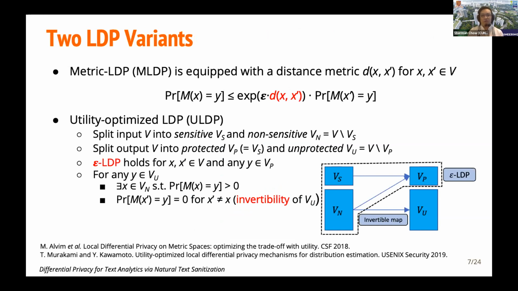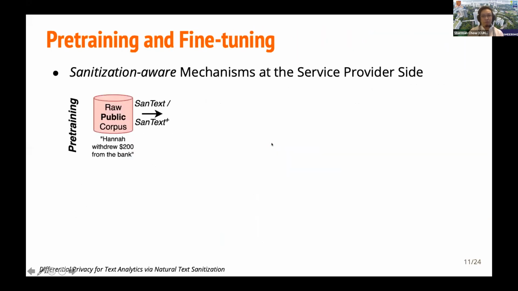The second one is the so-called utility-optimized LDP, which was recently proposed at USENIX Security two years ago. In a nutshell, we try to allocate our budget wisely. There can be some tokens which are non-sensitive, and for those non-sensitive tokens, we may or may not apply the LDP mechanism. Obviously, if we never apply LDP to non-sensitive tokens, there will be a problem, so in this case we flip a coin. As mentioned, the privacy budget can be spent wisely to protect the really privacy-sensitive data. So in this work,